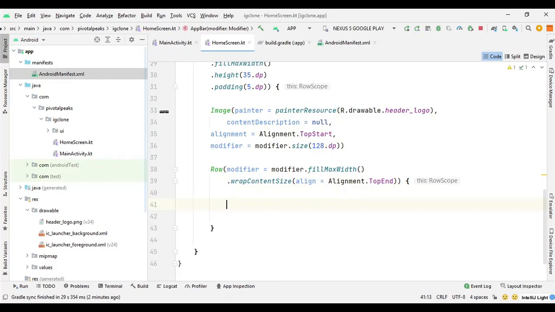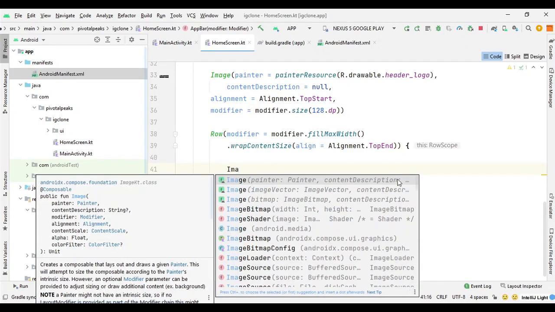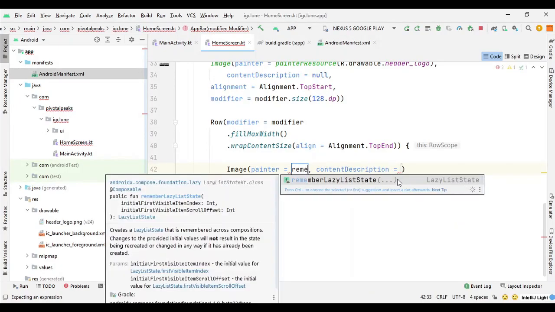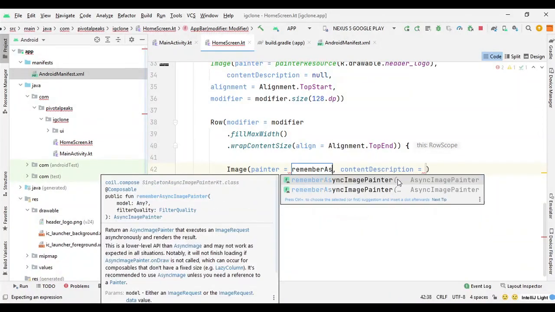So let's put the plus icon first using the Coil image library. So we can again select the Image, the painter version, and here instead of painterResource we will use a Coil image function called rememberAsyncImagePainter.